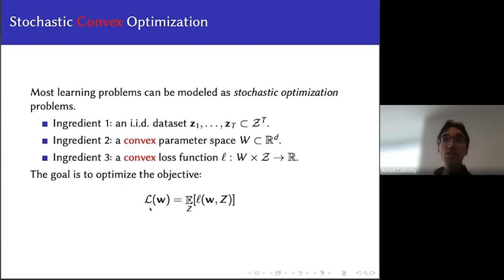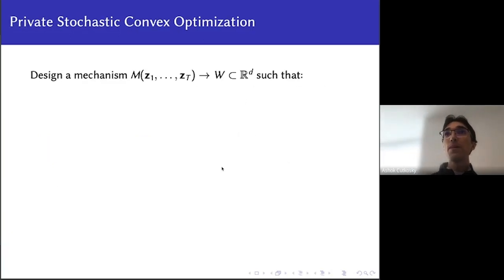Because I want to describe very good convergence guarantees, we're also going to assume that everything is convex. So instead of just an arbitrary parameter space, we're going to assume that W, capital W here, is a convex set. And I'm also going to assume that the loss function L is a convex loss function. Obviously, you might want to work with a non-convex case, but that's maybe for a different talk. Okay, so that's what we mean by learning. We're going to solve this stochastic optimization problem.